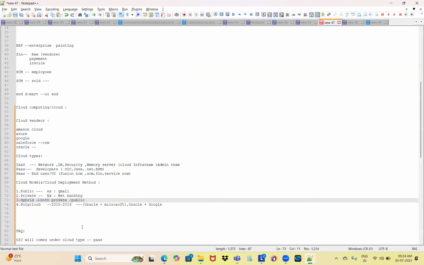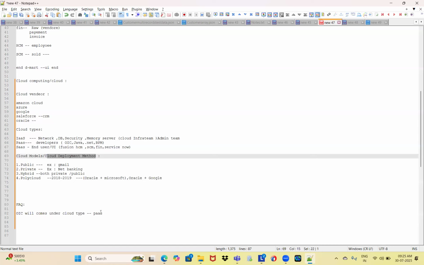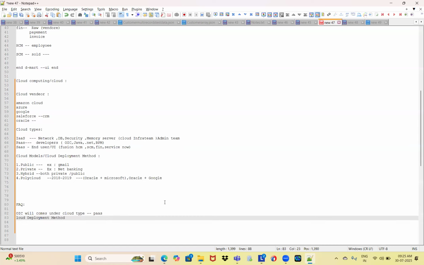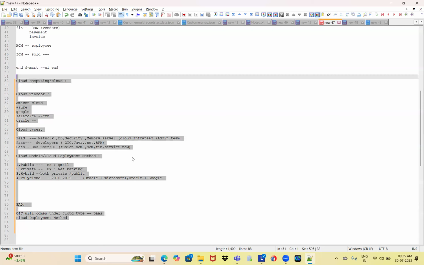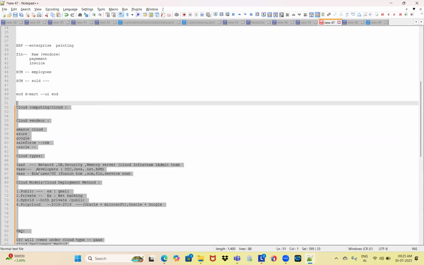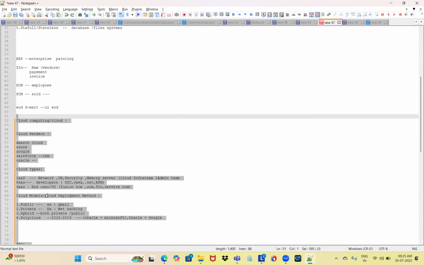So the FAQs will ask what are the cloud deployment methods which we have in the cloud market. Maybe sometimes they will ask about the differences between them, and they will ask some more on this. Okay, so this is the cloud area. Why did I explain this? Very initially we were in the SOA architecture, which is on premises. Now I have explained the cloud concepts.